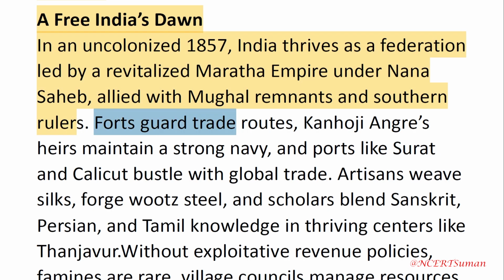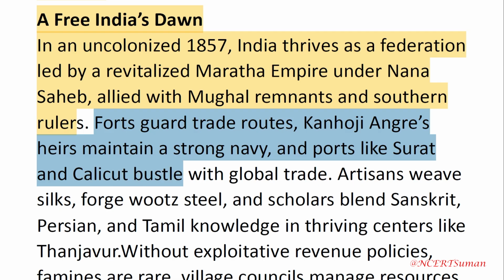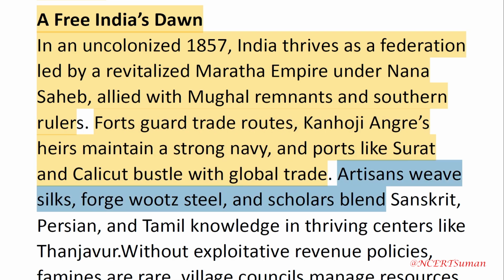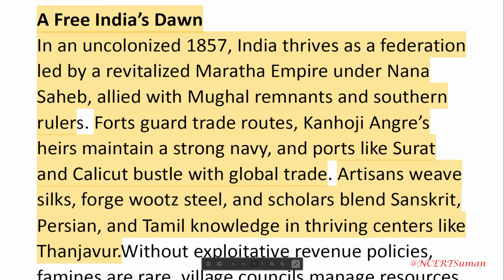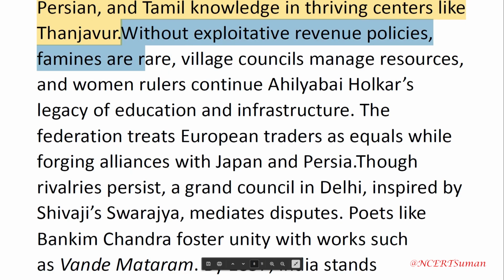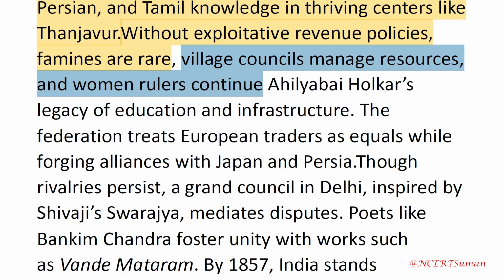rulers. Forts guard trade routes, Kanhoji Angre's heirs maintain a strong navy, and ports like Surat and Calicut bustle with global trade. Artisans weave silks, forge wootz steel, and scholars blend Sanskrit, Persian, and Tamil knowledge in thriving centers like Thanjavur. Without exploitative revenue policies, famines are rare, village councils manage resources, and women rulers continue Ahilyabai Holkar's legacy of